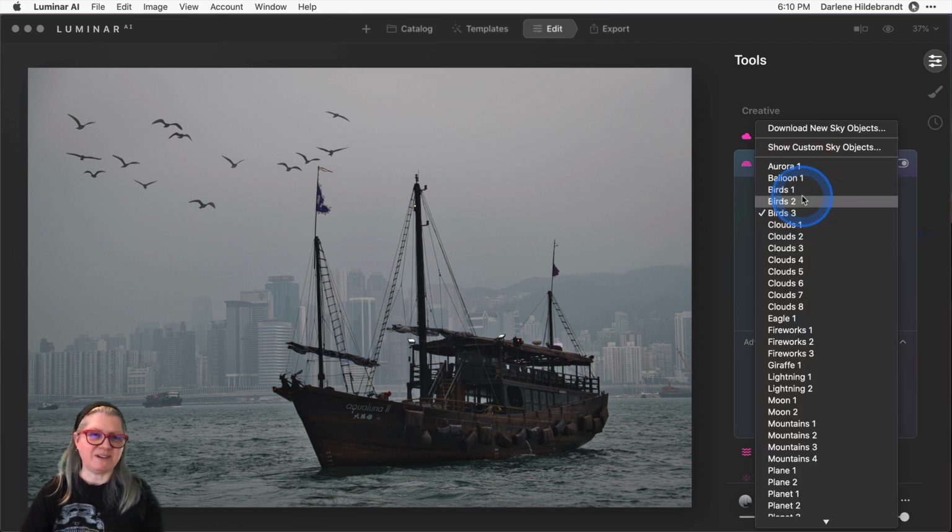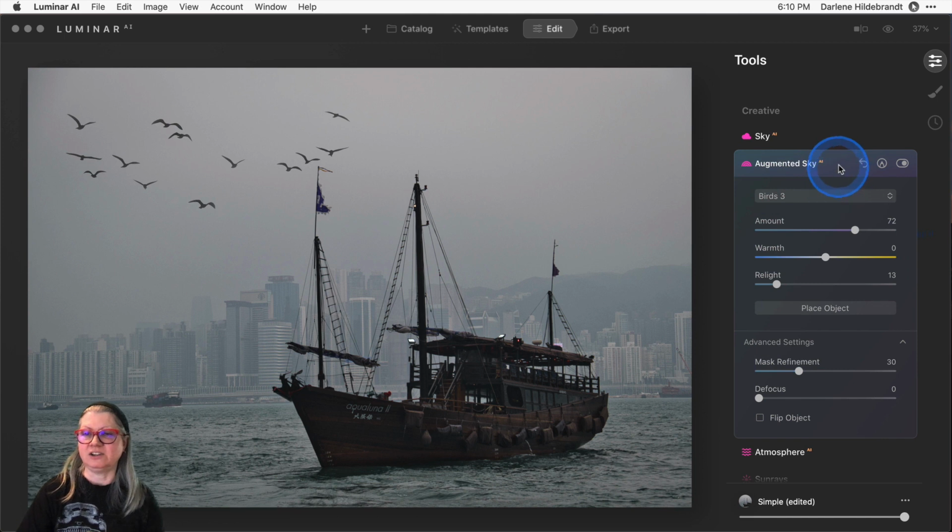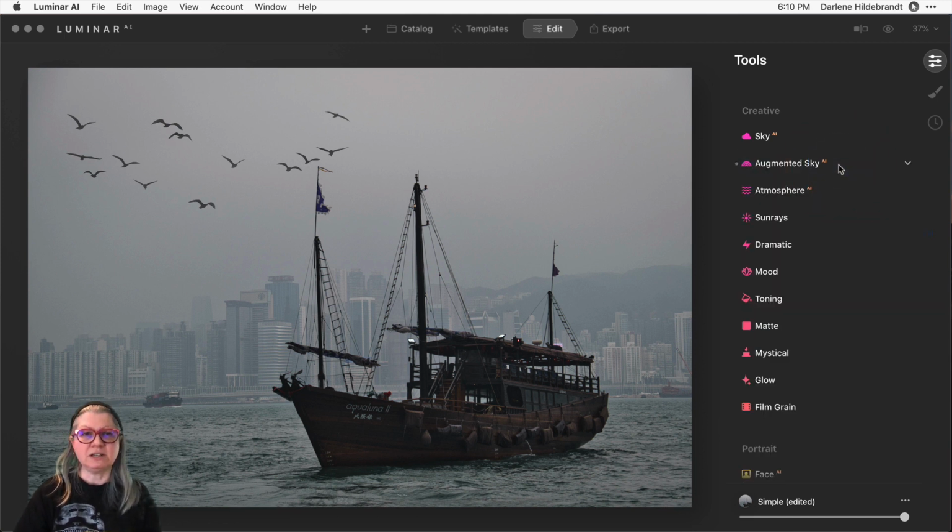For this challenge, I recommend let's get creative, add something that you think is fun, maybe play around with some fantasy looks and see what you can come up with. Try it on your own images as well. Moving on to the next tool.